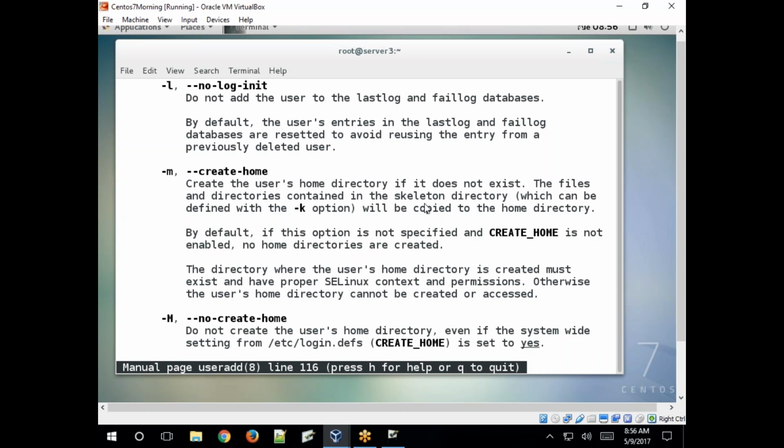So if you want to copy all the user related files into that directory, just use the -m option. Okay.